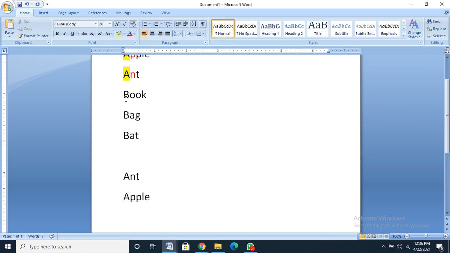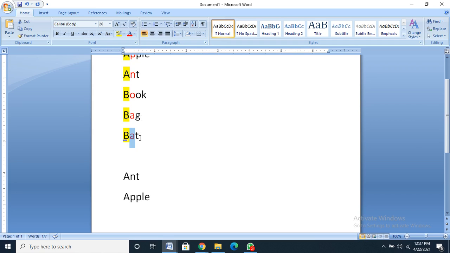Now I have to go to B: book, bag, bat. All three words start with B. Yes or no? Now I have to go to the second letter. The second letter is O, then A, then again A. A comes first, so I will not look at book now.